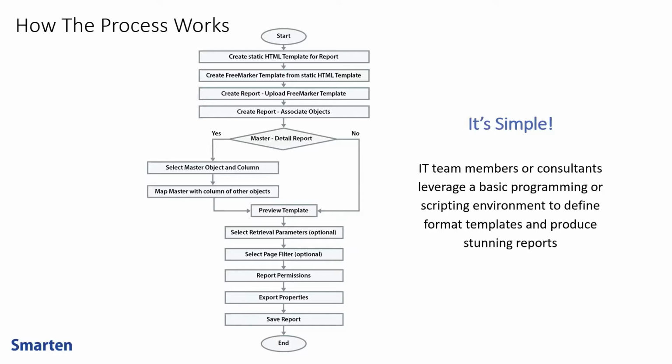You can also define the master detail relationships. Say for example, in a case like credit card, you will have customer master, and then you will have monthly transactions, say coming from some transaction database data set. So you can create that sort of relationships as well. You can select the filtering criteria. You can provide report permission to give access rights to users or groups of users who should access this. You can provide the document properties and export properties, and yes, you just publish that report and you are ready to go.